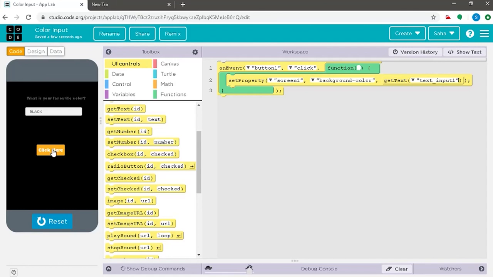So this is a small app which we have created where the user enters the background color and the background color changes or flashes the color which the user has entered. So this is a very basic app which we have created using the App Lab page of the Code.org platform. I hope you have familiarized yourself a little bit more than in the previous classes with how App Lab is used and have enjoyed yourself throughout the process. In the next session, we shall be learning how to create a text input and receive a response in the form of a text input.